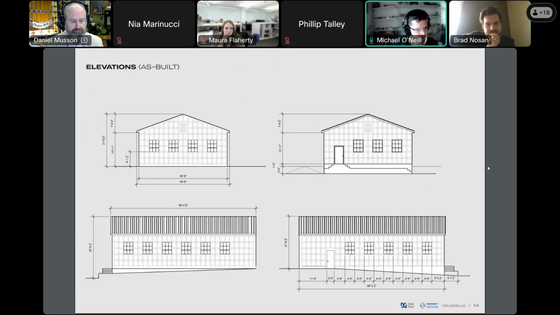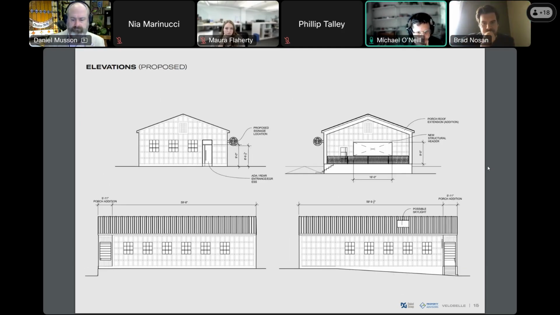So these are the existing elevations. You can see it's a very tidy design for the original building. It's nice and modular. These panels are all the same size. The windows are all the same size, fairly standardized. The front porch as it is is not usable. I'm not quite sure how it was used in the past. It's crumbling and due for a makeover. Next slide, please.